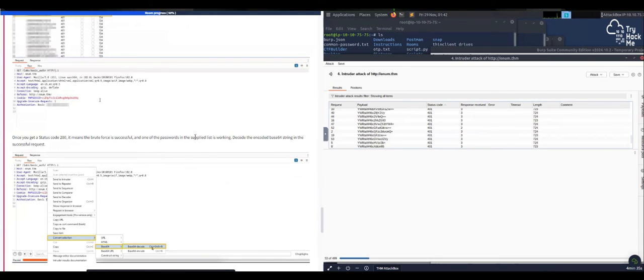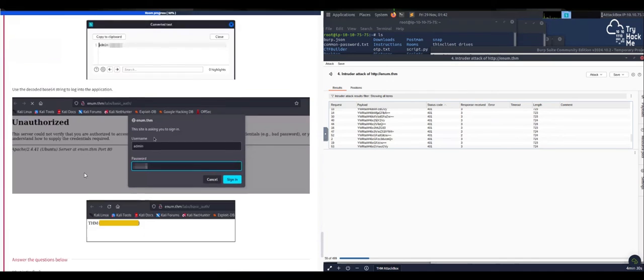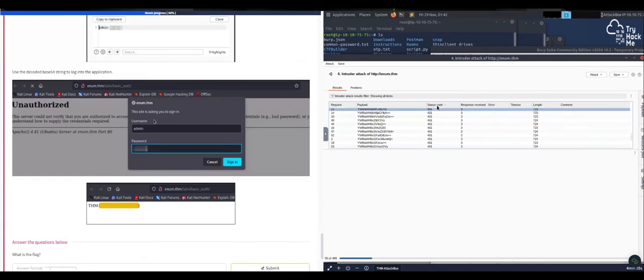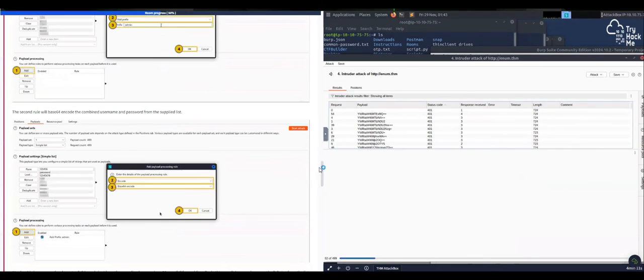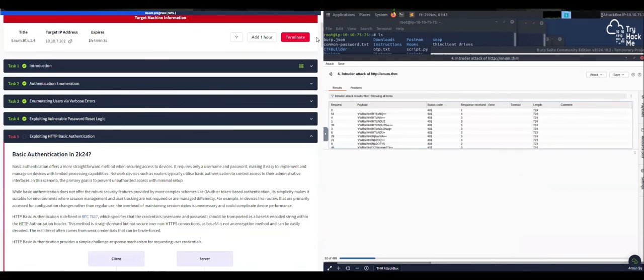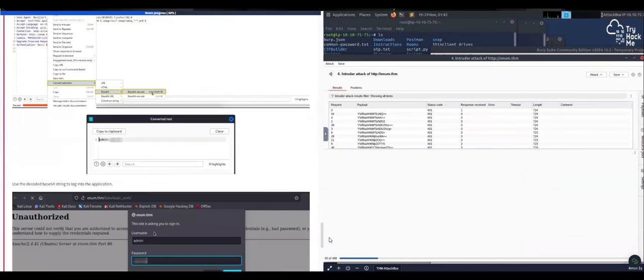Once you get a 200, you got to decode it, and then you should be able to log in and get the flag. Keep clicking this. Cross my fingers. Hopefully it reaches. Making me a little bit more nervous because I should be able to hopefully use the same session, right? But I don't think it will let me do that. So